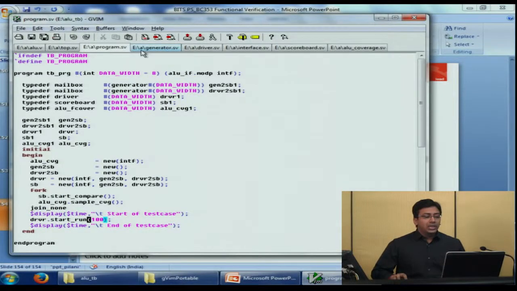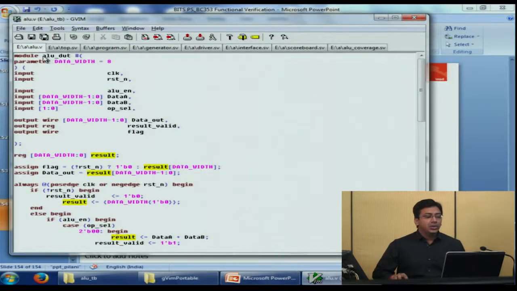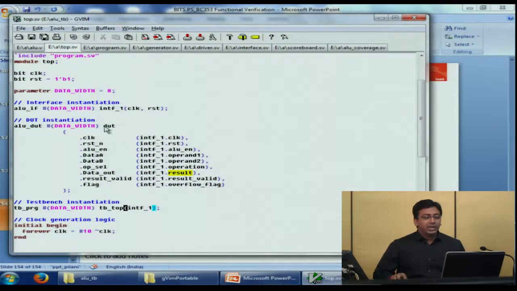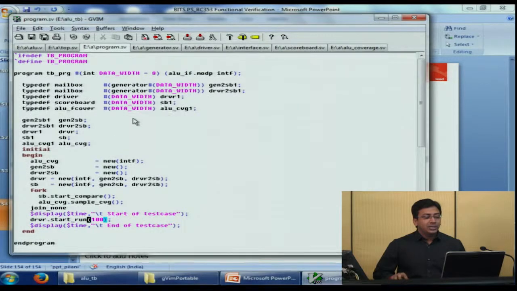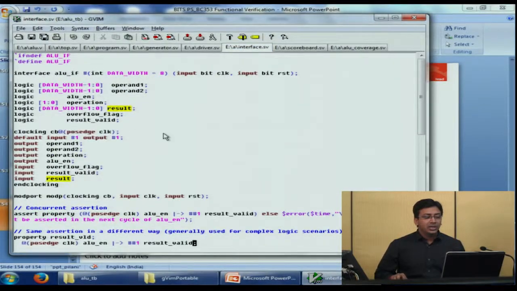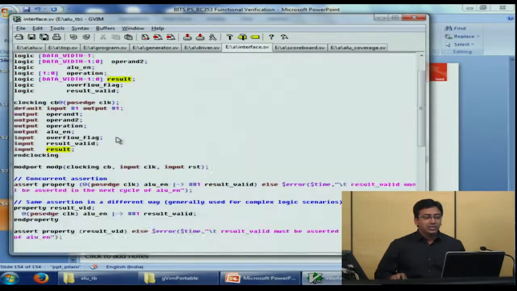Okay, so till now what we have seen is the coding of the design, the DUT, and the top level environment file, which instantiates the interface, the DUT top, and the TB top. It generates the clock as well, and based on the user requirement it can generate the reset as well. Apart from that, we have seen the TB top as well, how it works, and what all it instantiates. We have seen the interface coding, the way assertions are coded.